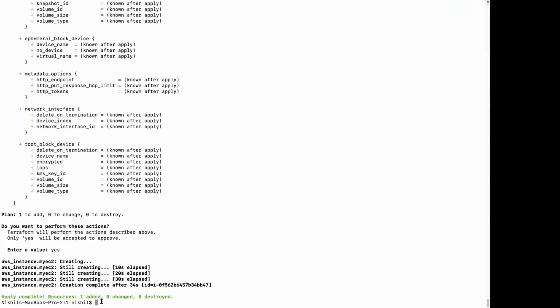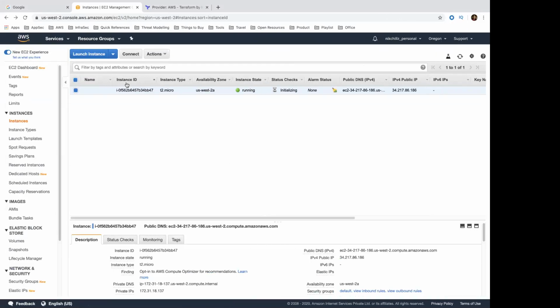Okay. So once you're done with this, if you do an ls now, you should be able to see another file called terraform.tfstate, which is a Terraform state file. More about the Terraform state file we'll look into in the upcoming slides. But for now, if you look at this, you have your instance running. So this is one easy way of spinning up an instance.